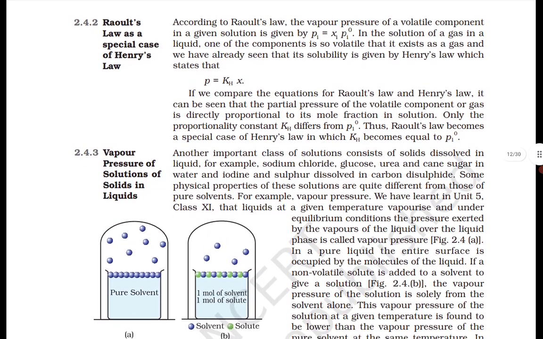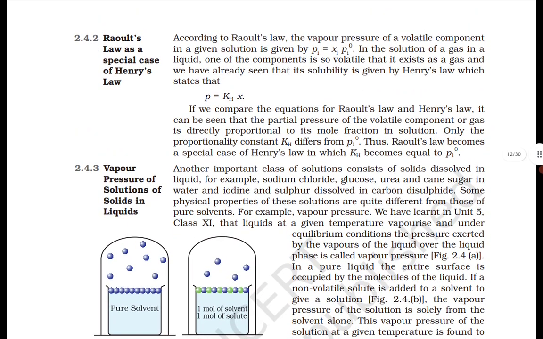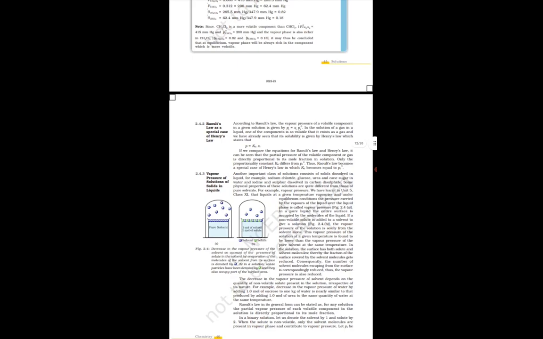According to Raoult's law, the vapor pressure of a volatile component in a given solution is given by Pi is equal to Xi Pi naught. In the solution of a gas in a liquid, one of the components is so volatile that it exists as a gas, and we have already seen that its solubility is given by Henry's law, which states that P is equal to KhX. If we compare the equations for Raoult's law and Henry's law,